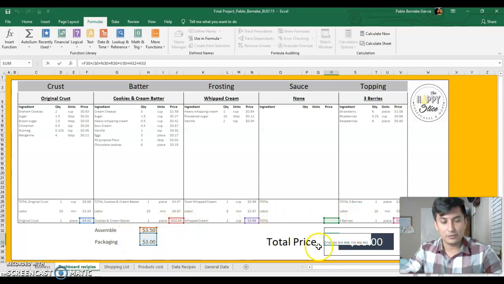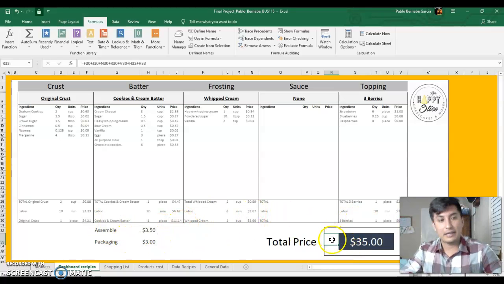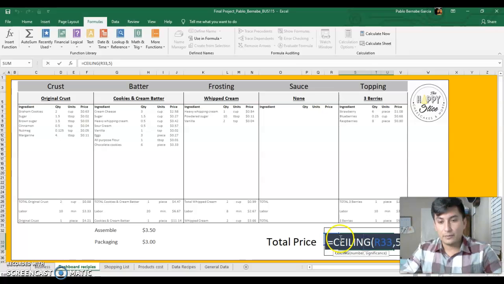It's going to sum those subtotals, but it's hidden. I just formatted it so the customer is not going to be able to see it, or my client in this case. And I use this cell with the ceiling formula or function to round up the total to the next $5